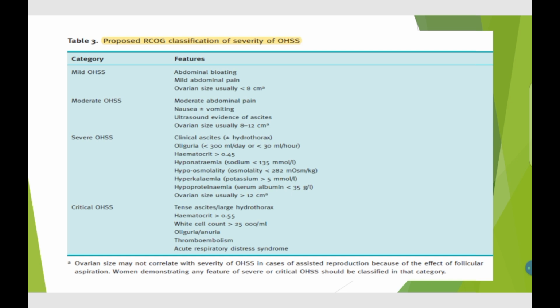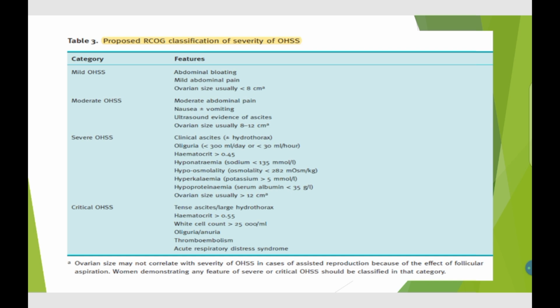Critical OHSS, here there will be tense ascites, there will be large hydrothorax, hematocrit will be more than 0.55, WBC count will be more than 25,000, patient will have oliguria, anuria, and complications such as thromboembolism and ARDS. Now here in severe OHSS, there is a clinical evidence of ascites, while in moderate OHSS, there is ultrasound evidence of ascites. Also, in the critical category, there is a tense ascites and large hydrothorax,